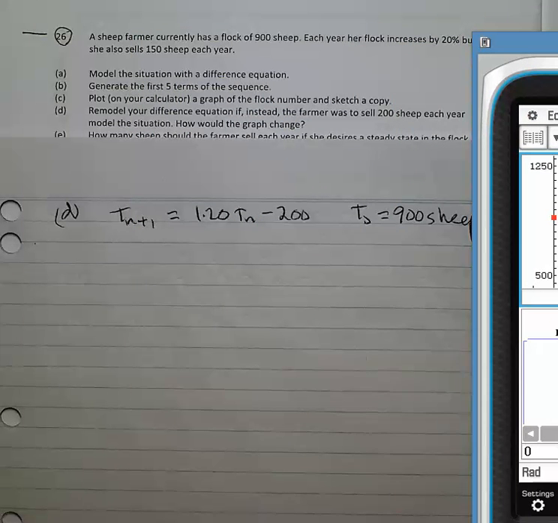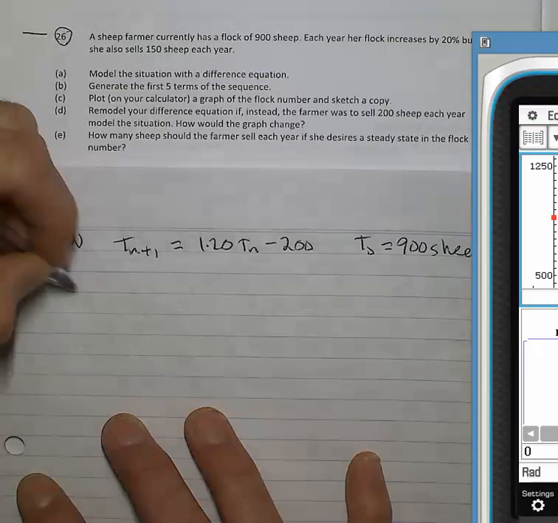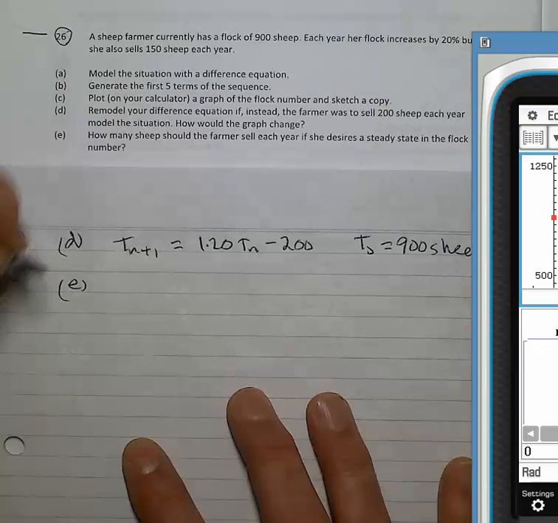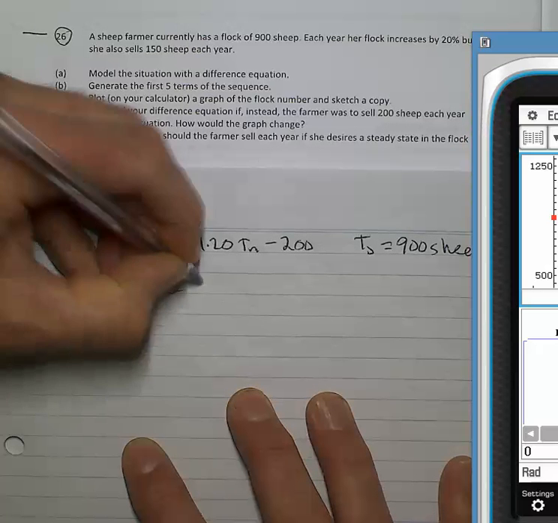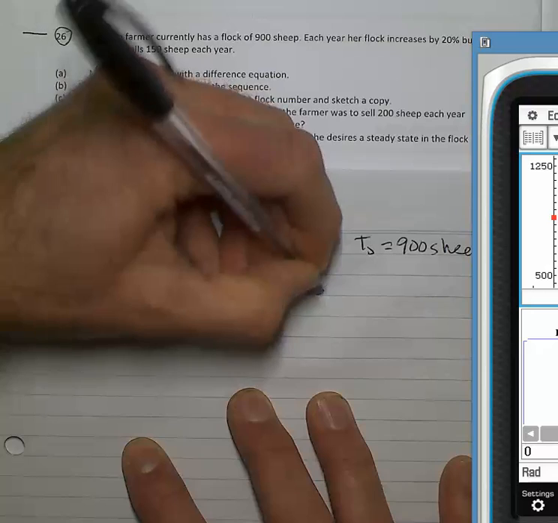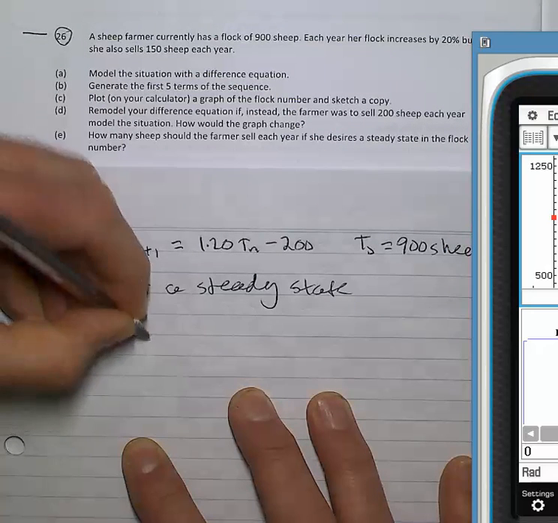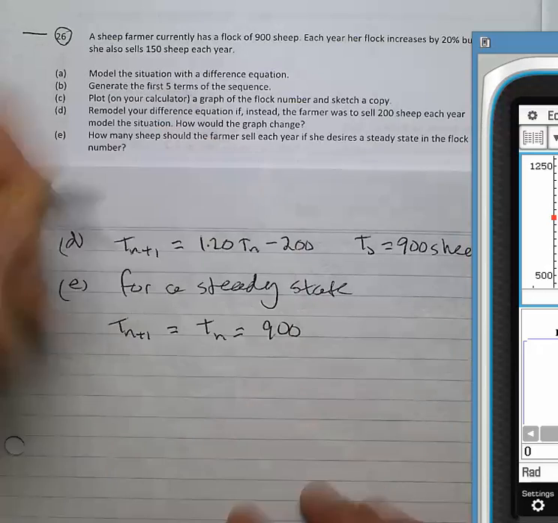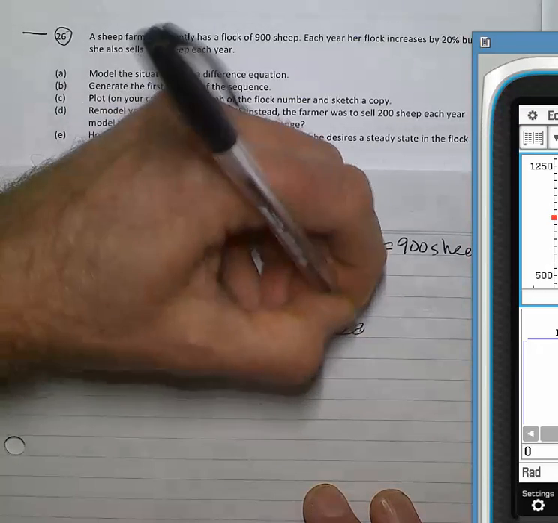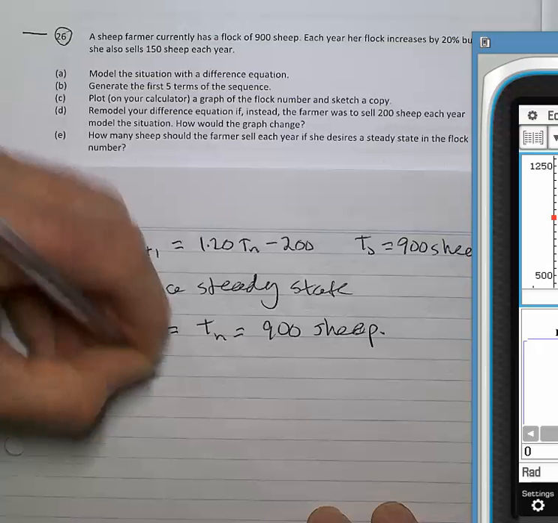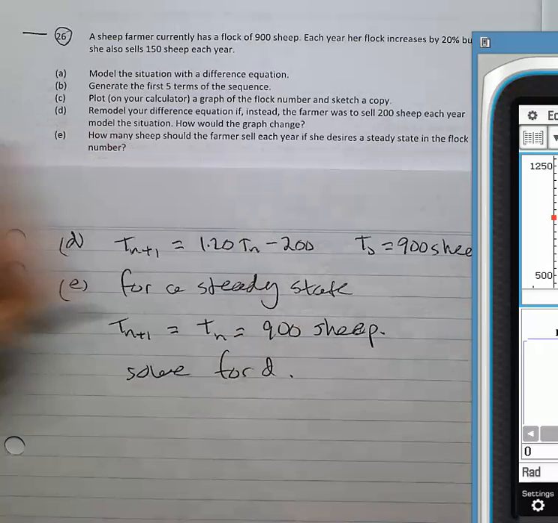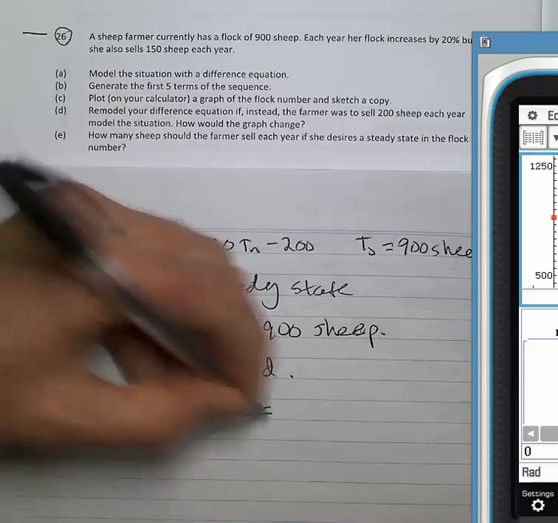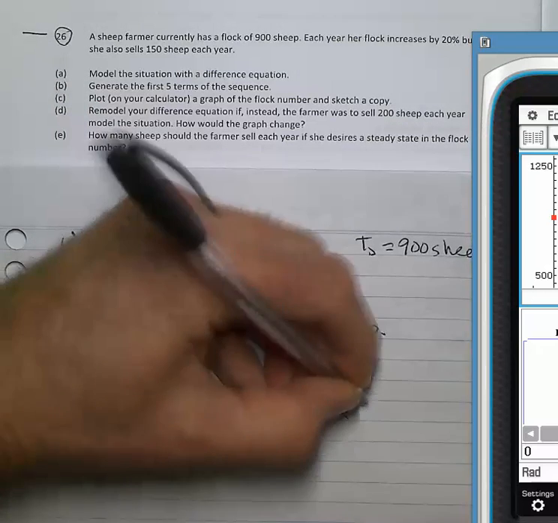Now, part E asks you to consider how many sheep the farmer should sell each year if she desires a steady state. Now, for a steady state, that means that the following year is equal to the previous year, which is going to equal 900 sheep. So in other words, I have to solve for D. And when I do that, that means t_(n+1), 900, is equal to 1.20 times 900